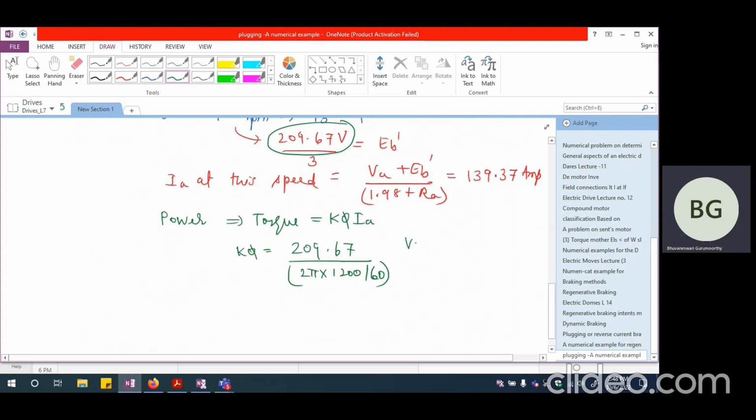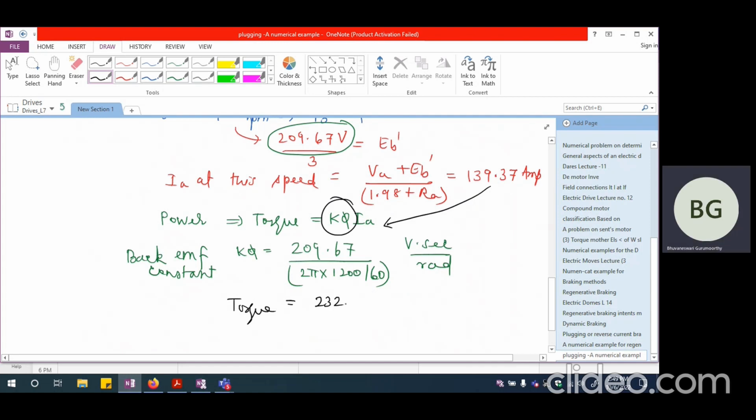This will be the back EMF constant in volts second per radian. So once I have the back EMF constant, I should be able to calculate K phi multiplied by IA. IA is 139.37. So this torque comes out to be